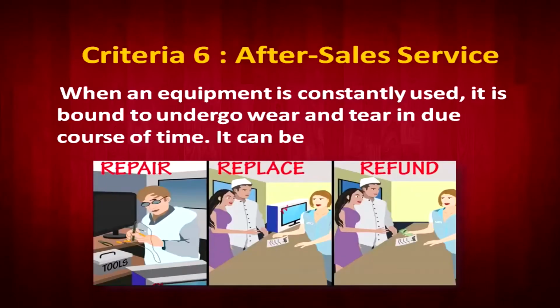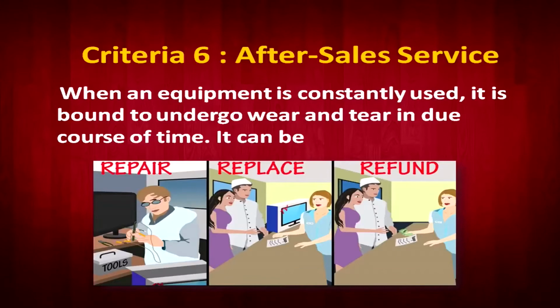It comes when you have actually purchased your final product, that is, after sales. Whenever we purchase an electrical equipment, we are always worried about how it will function after a while. You will not instantly get to know the actual usage, but after a while you will see what damages and malfunctioning it starts showing. For that you need to be very aware of the after sales services provided by the manufacturer or the seller for the product that you have purchased. In this case what we look for are like 3 R's. Repair first, then replace and then refund.